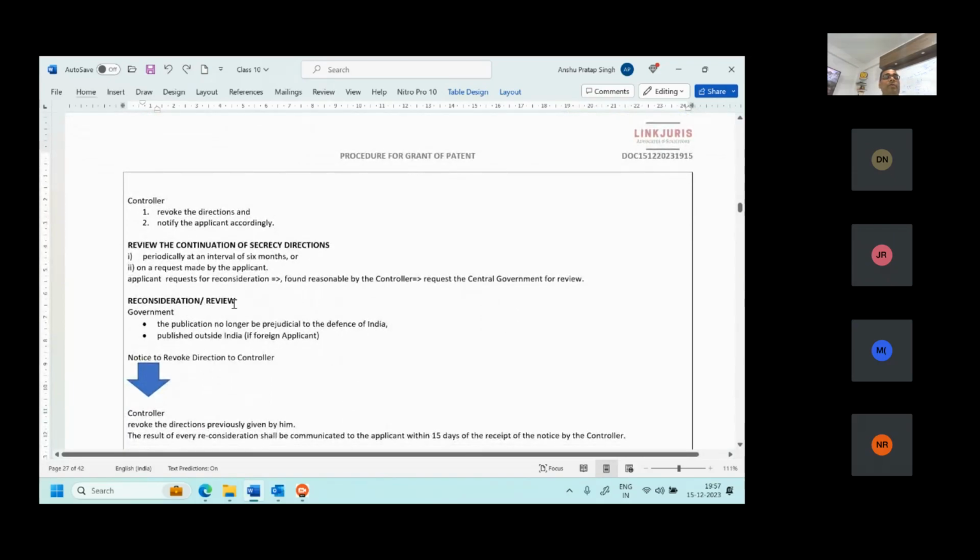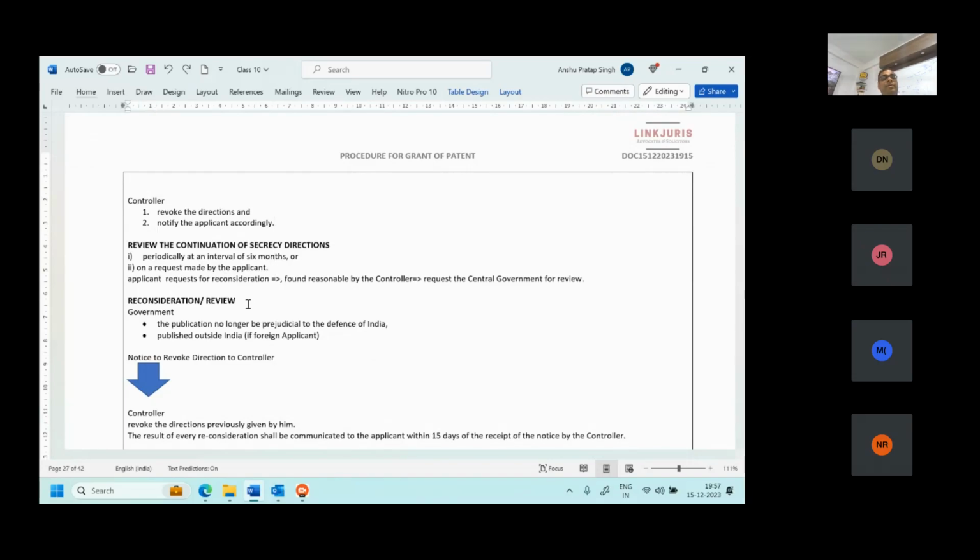Government can reconsider and review whether that time has passed, and whether the publication is no longer prejudicial to the defense of India, or whether it can be published outside India if there is a foreign equivalent. If the government is satisfied that this is not prejudicial to the defense of India, then yes, it can ask the controller to revoke the direction of secrecy.